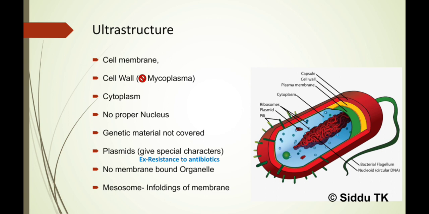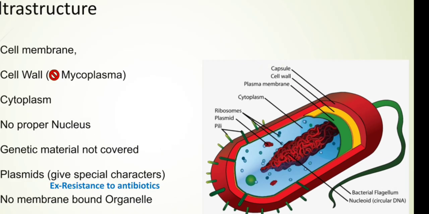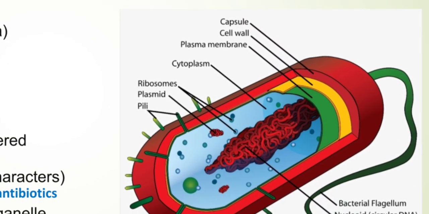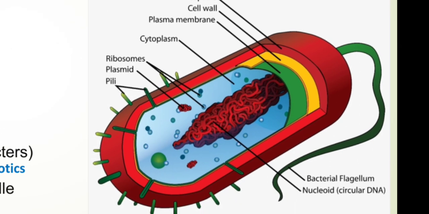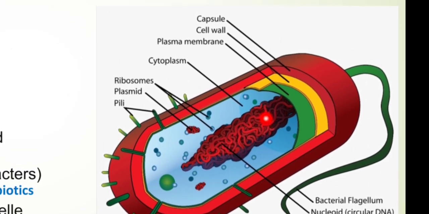Ultrastructure of a bacterium. Ultrastructure means the structure which is seen under an electron microscope. As we can see here, the bacterial cell has three different layers: capsule, cell wall, and plasma membrane. Inside the cell, a semi-fluid called cytoplasm is present. In the cytoplasm, we can see DNA, plasmid, and ribosomes. You can see here the bacterial DNA is not present in a membrane-bound nucleus,